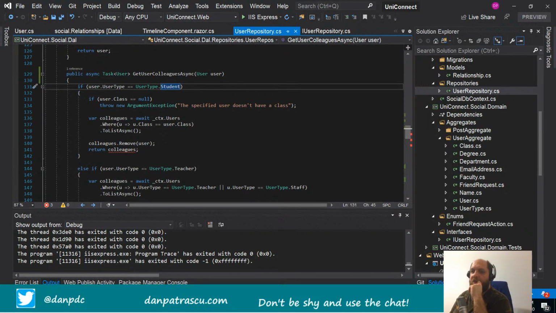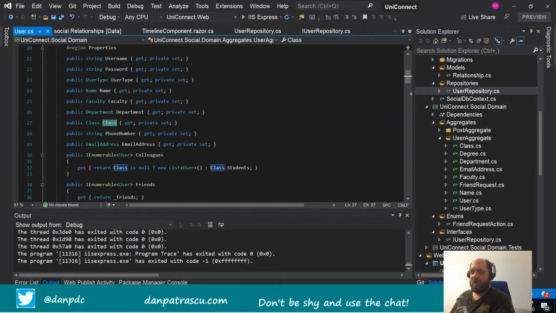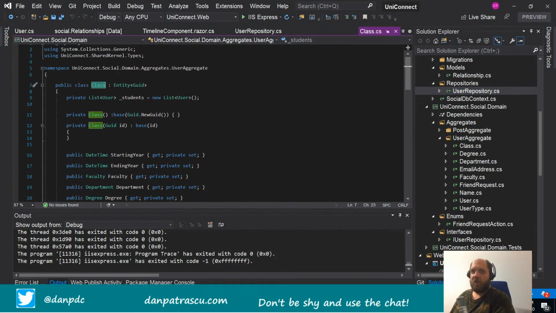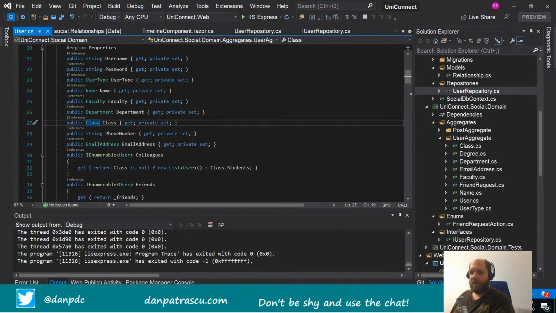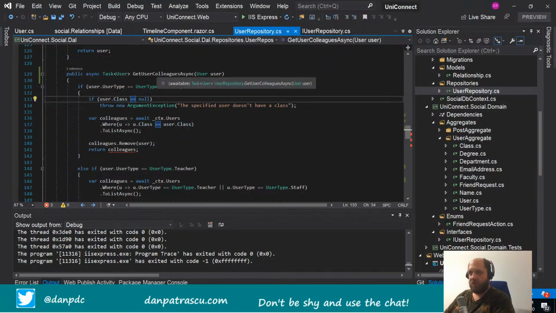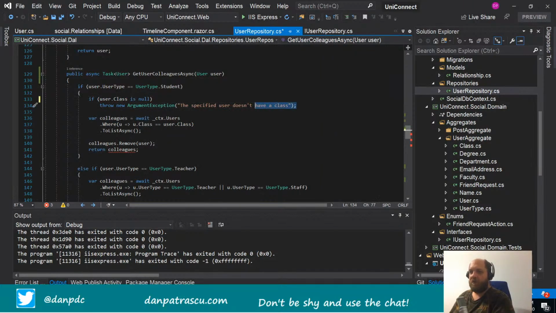But we don't actually want to throw an exception, and the class is I guess an entity here. Yes, so this means that we cannot check for null like this, but we should use 'is null', and instead of throwing an error we should just return the user here,